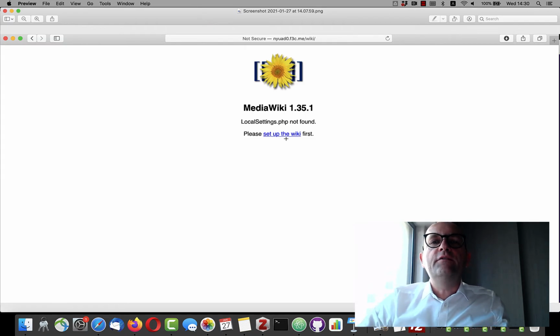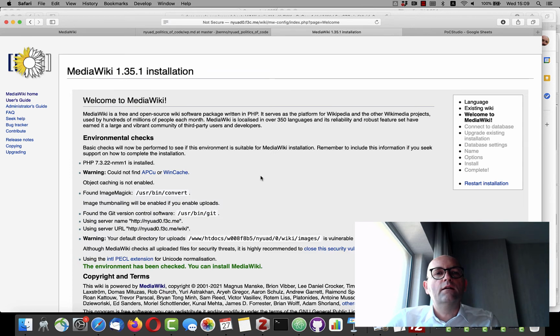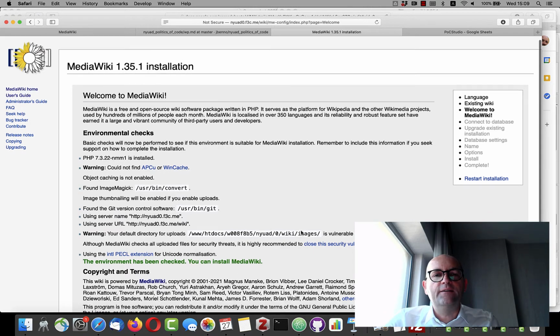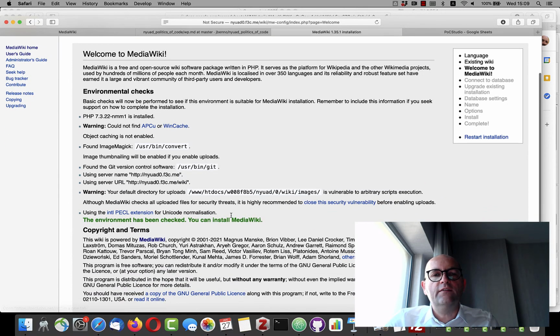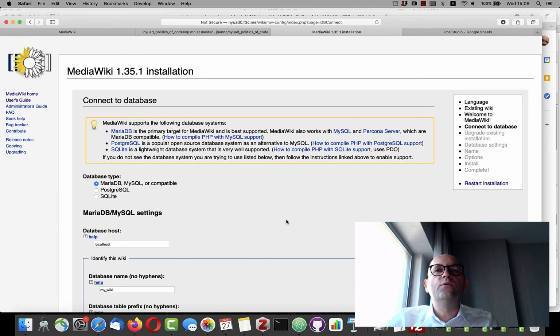First we choose our language environment for the installation as well as for the wiki in which it should be mainly published. Next comes an environmental check, to see if our server environment on our web server side actually works, and you see yes, everything seems fine. And now we have to connect it with our database. Our database is a MySQL database, but you have to know that.